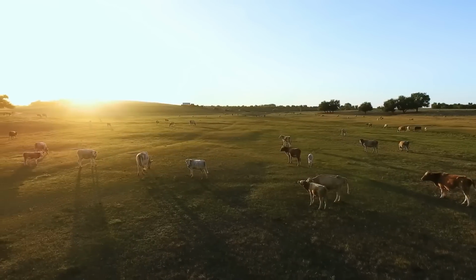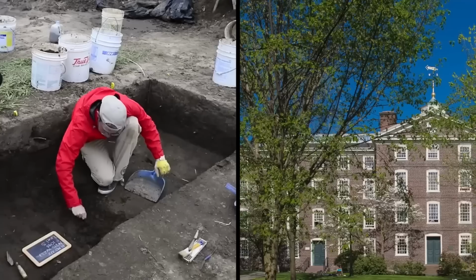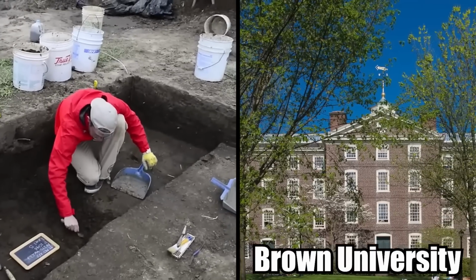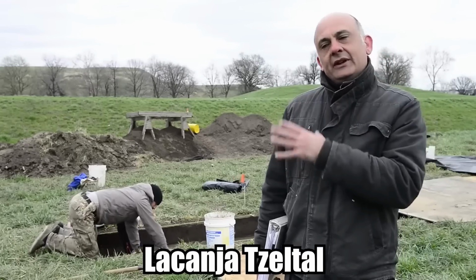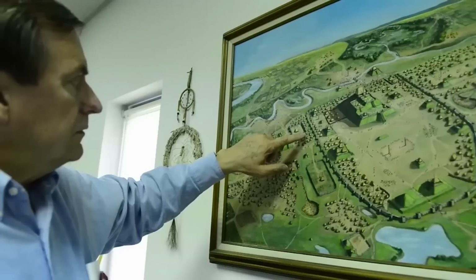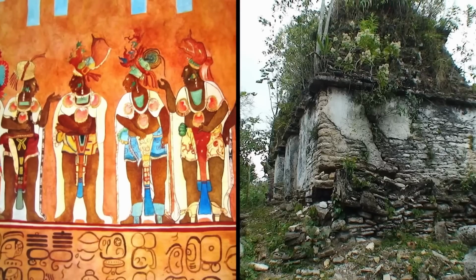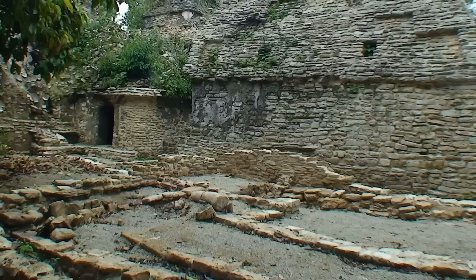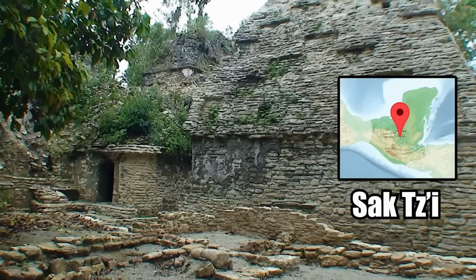Lost Maya Capital. An ancient Maya city was discovered in the backyard of a cattle rancher in Mexico. Experts with Brown University were called in to excavate the site, which was quickly dubbed La Cañada del Tal. Researchers believe the city was once a powerful Maya capital, settled around the year 750 BC, and occupied for about 1,000 years. It was the main hub for the governmental powers of the local kingdom of Sak'tzi,